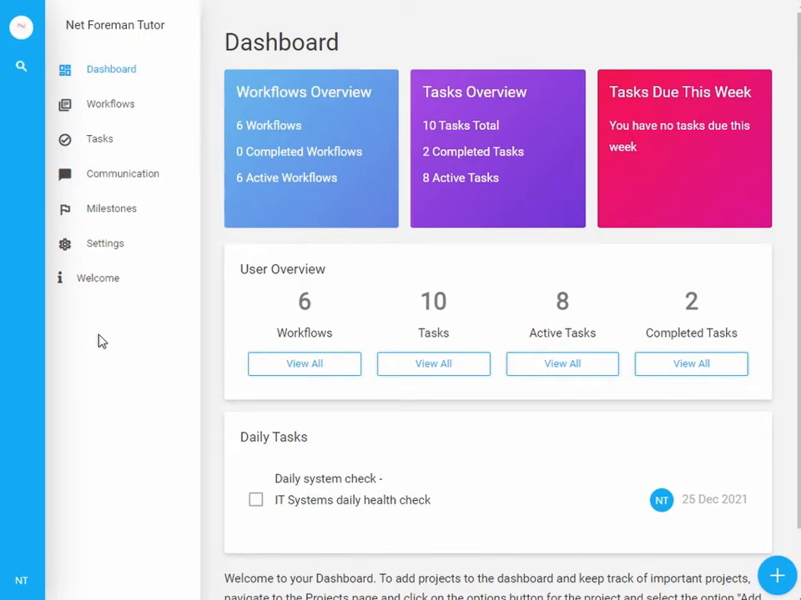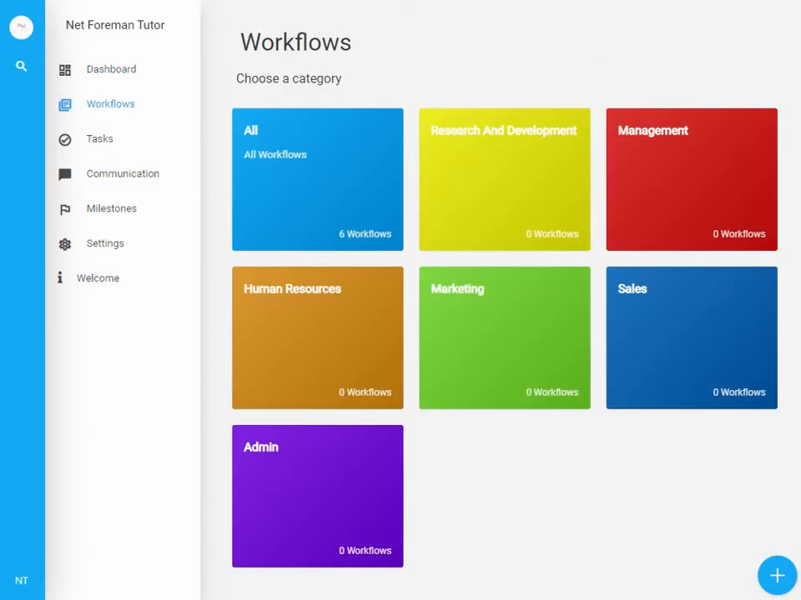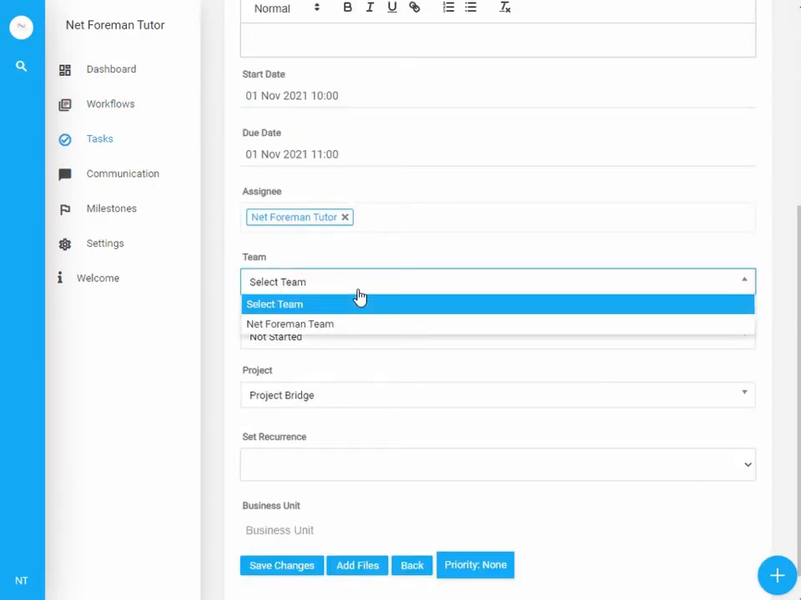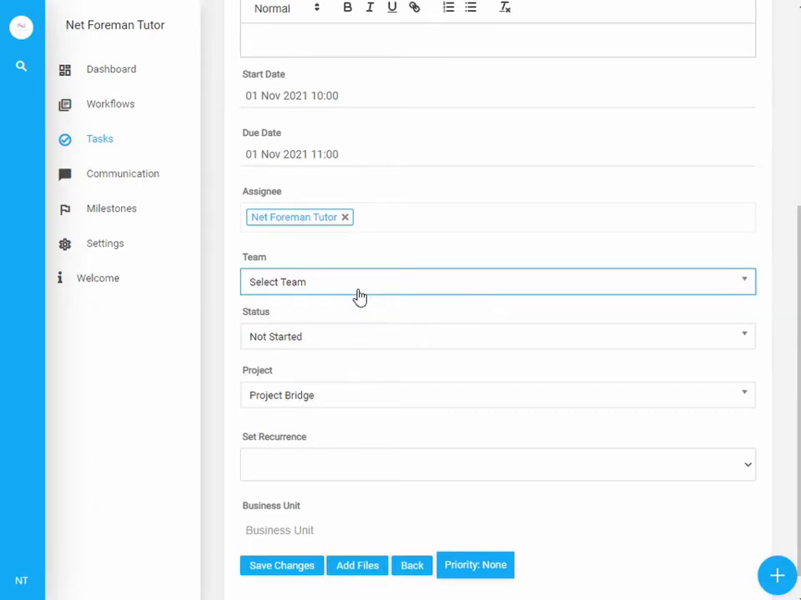Before we begin with tasks and workflows, it's worthwhile mentioning that Foreman allows you to create business units and teams. Business units allow us to separate our workflows and keep things better organized, while assigning teams instead of individual users helps us to allocate tasks quickly. Manager accounts will have access to create them, but we will cover this in detail when we get to account